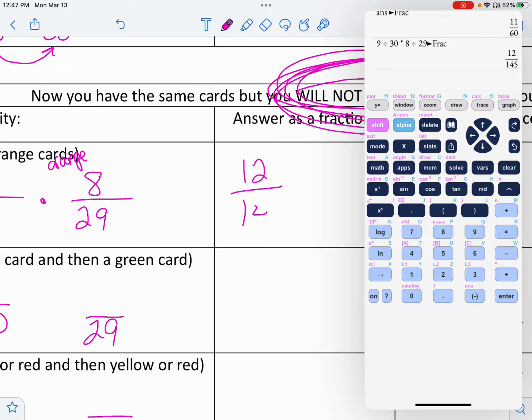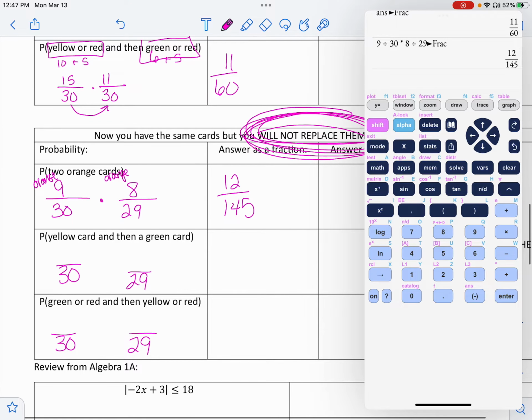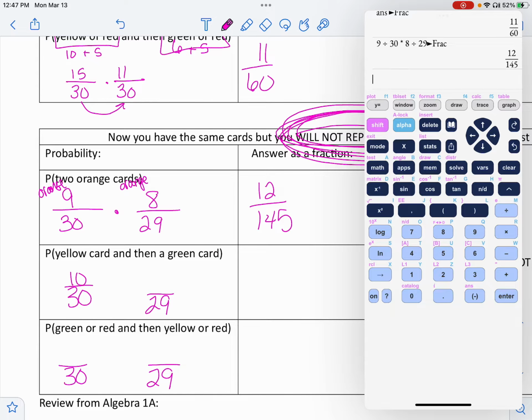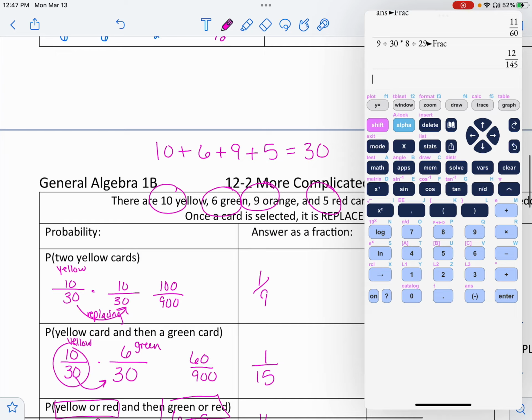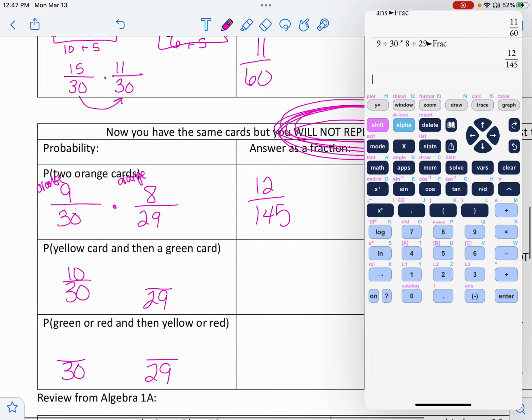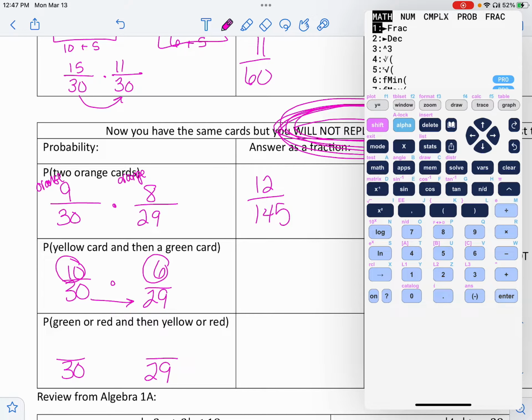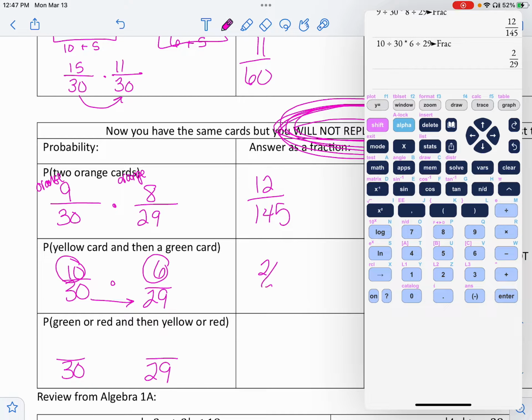12 out of 145 as a fraction. Now let's see, yellow and then green. So yellow was 10. All right, green. Green is 6. So remember, it is going down in the denominator because we are not replacing it. Now I kept 10 and I'm not replacing that yellow card. That's okay, I'm just looking for green. So 10 out of 30 times 6 out of 29, math, enter, enter, gives me 2 out of 29 as